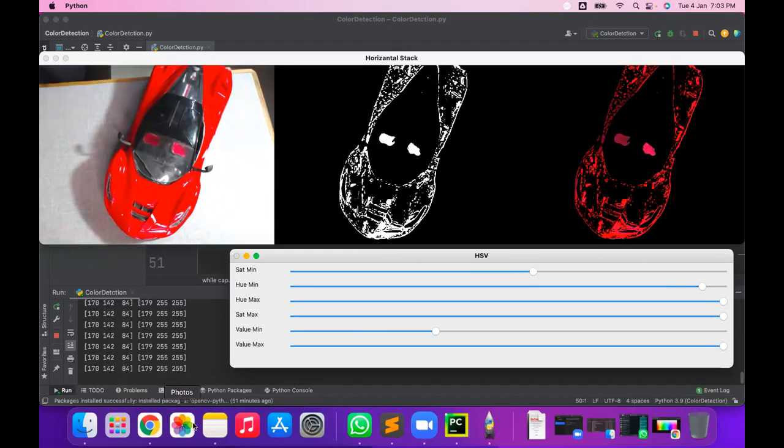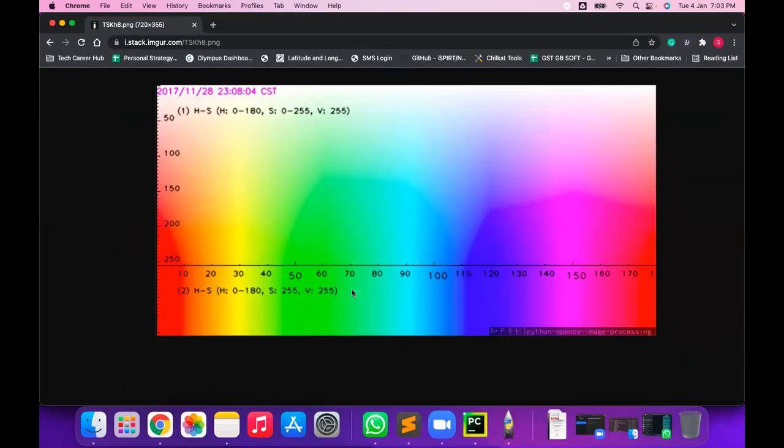Or otherwise, let's find out using this one. Suppose I want the color mask for green color. For green, I think the U value is up to 55, so let's make it 55.